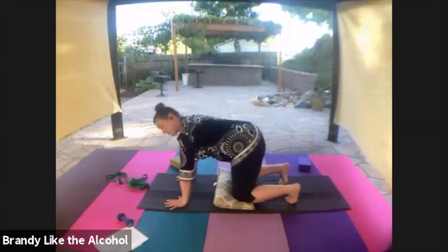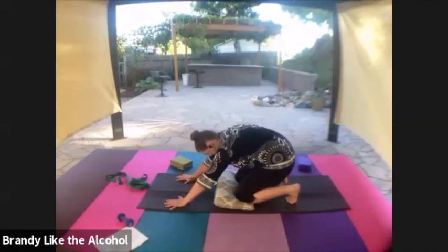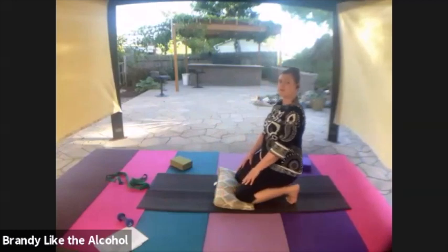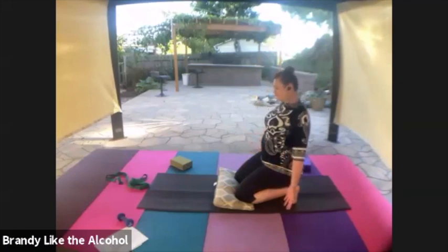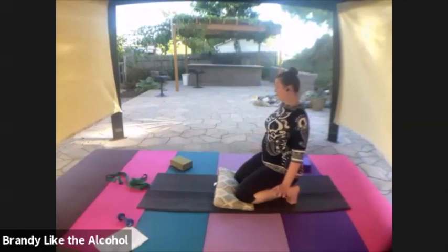Coming to neutral, neither cat nor cow, just a flat back. Back your hips up over your heels. Walk your hands up onto your lap. Get a little bit of a toe stretch. Turn your palms forward, take a shoulder shrug up, back and down. Settle onto those heels. Now, if this is a little too much stretch for your toes, you can be in